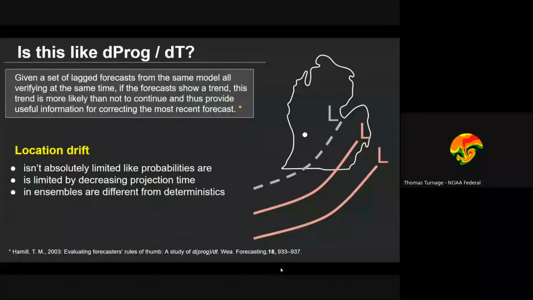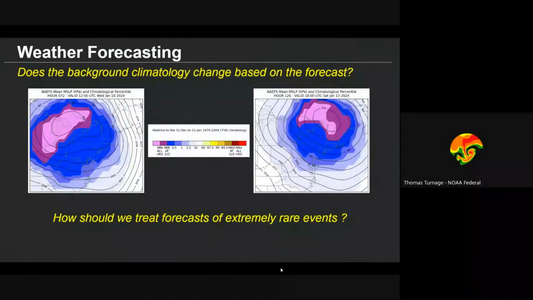The other thing to note is that in ensembles, certainly the location drift of a deterministic single low track is a lot different than the probability space of ensembles. So you have to factor that in as well. Okay, so one thing I had talked about a couple slides ago is that